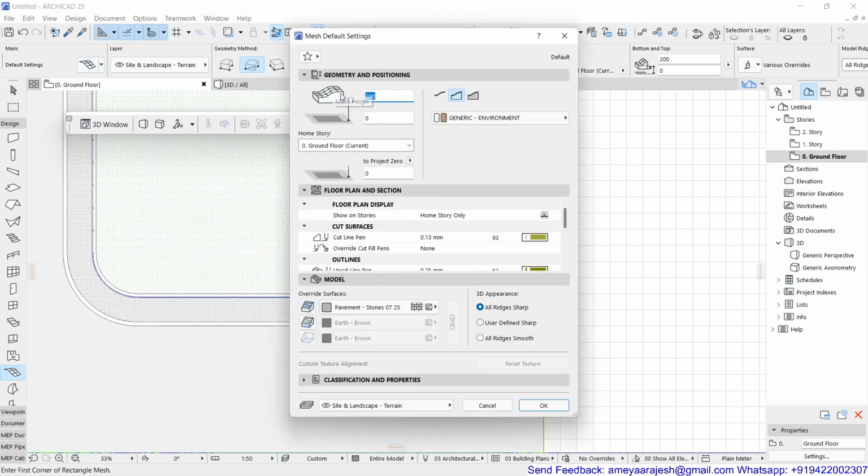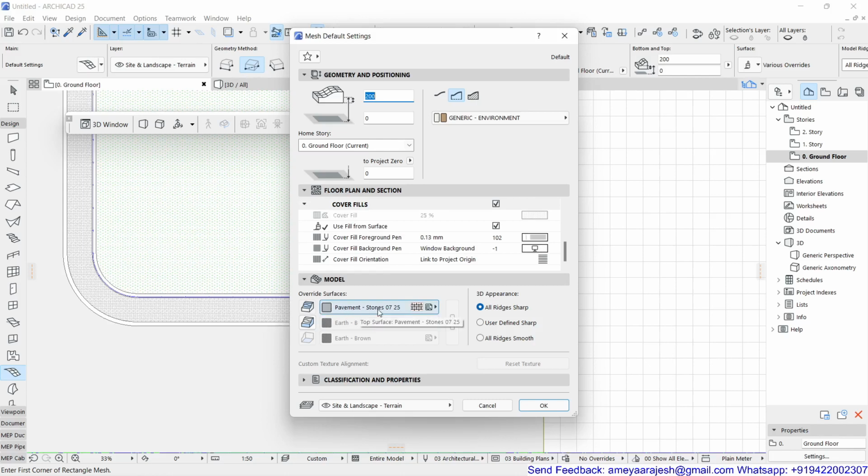This is again a mesh with 200, and its skirting option is 200, and the remaining things are the same. The fill was supposed to use the surface, the pattern, and you can decide the pen number again, and the pavement stone 07, which I have collected from the catalog.